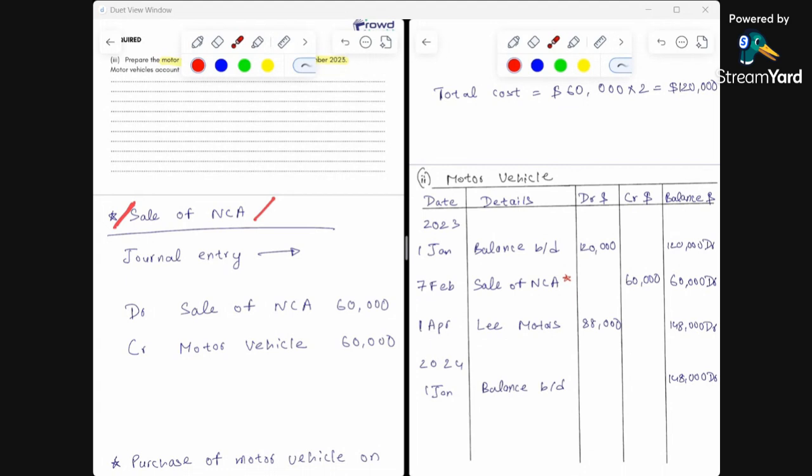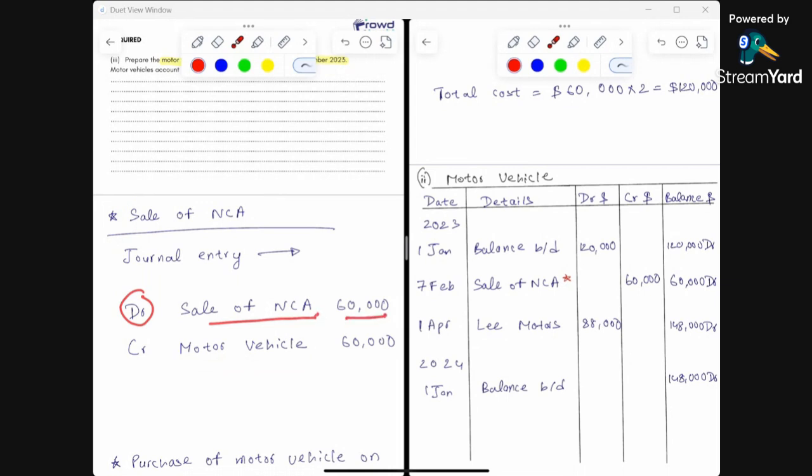So when assets go down in value, because you have sold it, you have to reflect that reduction. And anytime assets go down in value, you credit it. So that's why we will be crediting the motor vehicle or the asset account itself. And in this case, it's $60,000, which is the cost of the asset that we had sold. All right. Now, why did this asset go down in value? Because we have made a sale. So that's why the opposing debit entry here is the sale of non-current asset account, which shows the same amount